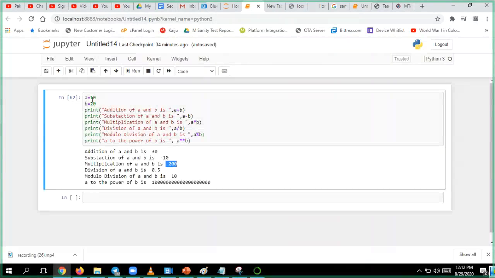Multiplication, 10 into 20, is 200. Subtraction, 10 minus 20, is minus 10. Addition, a plus b, is 30. That much you remember, nothing else is there. So these are all arithmetic operators.